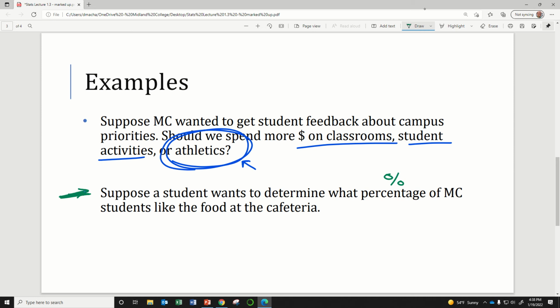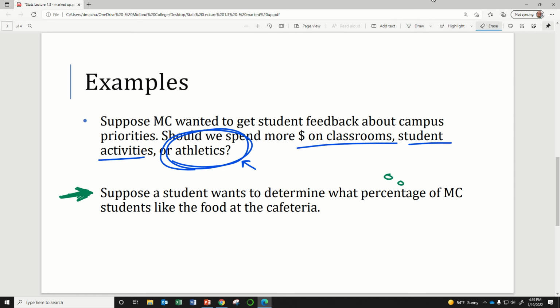Convenience would say, let me just pass out these surveys to my friends and have my friends answer the survey. But depending on your friend group, that could really influence it, right? I mean, different groups of friends might love the cafeteria because maybe that group of friends live on campus and they find it really convenient to eat at the cafeteria. Maybe they even met each other while eating at the cafeteria because they all happen to like the food, right? And so you can definitely run into the ditch here, as far as convenience goes,